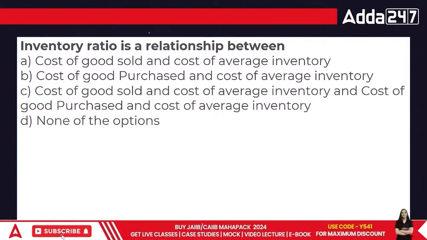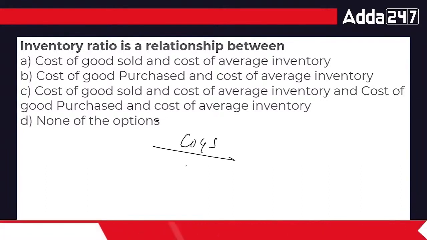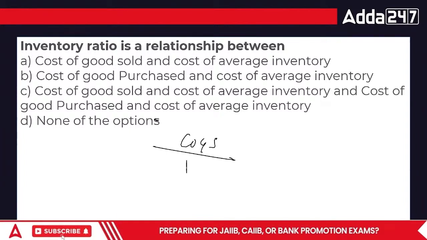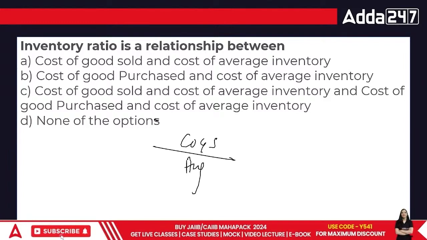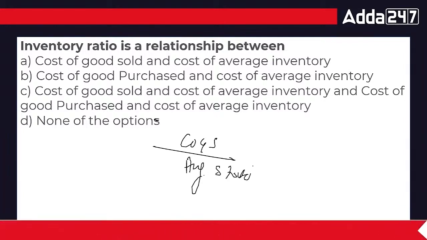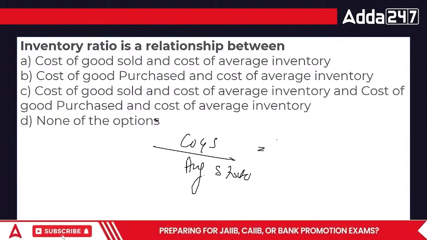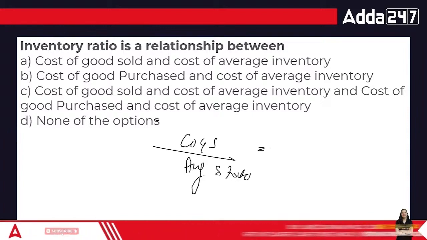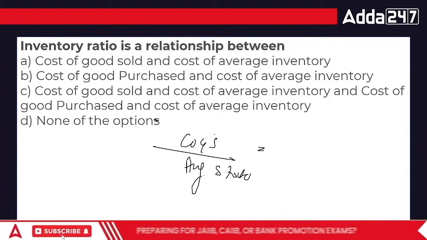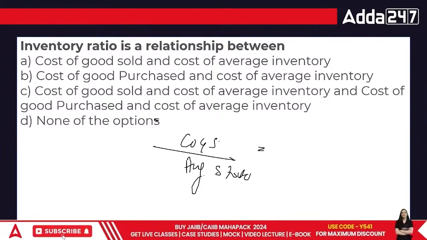Inventory ratio is basically the ratio of your cost of goods sold upon your average stock. This is basically defined as the opening and closing stock. Technically, inventory turnover ratio is that specific ratio in which we would be looking